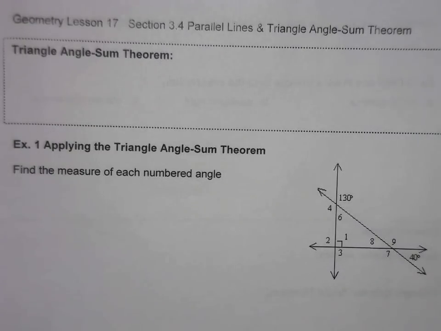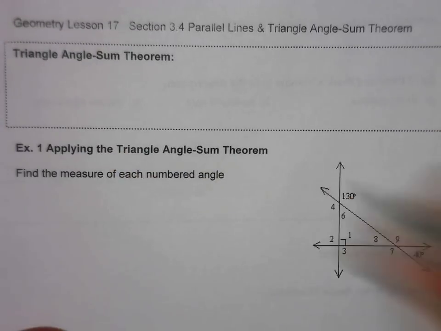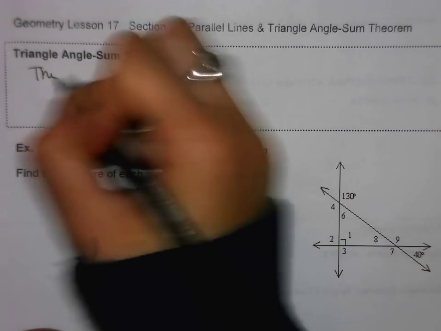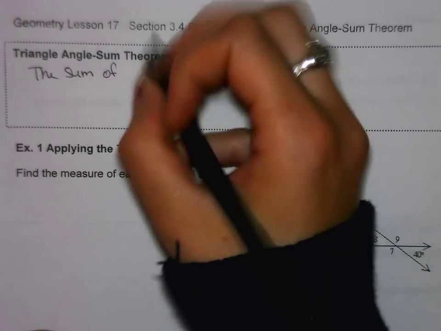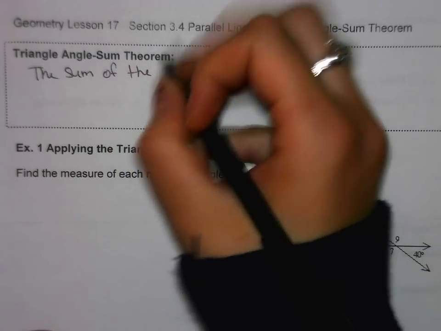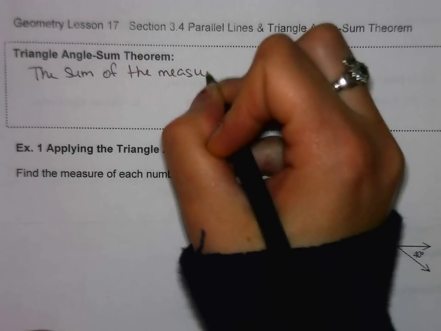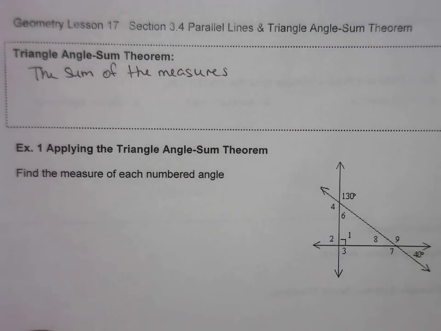Today you're going to be learning about the triangle angle sum theorem. Working with this theorem, we know that the sum of all the measures of each angle in a triangle has to add up to be 180. So the definition of our theorem is that the sum of the measures